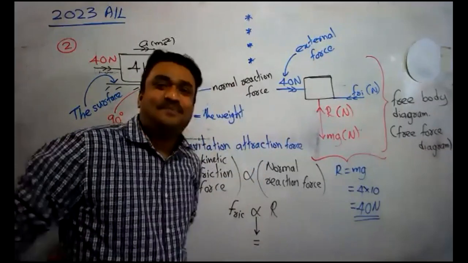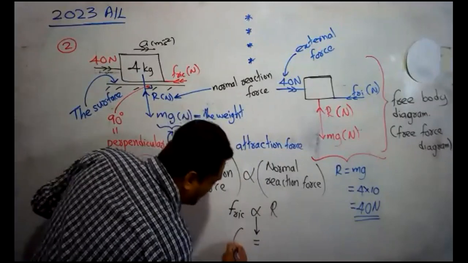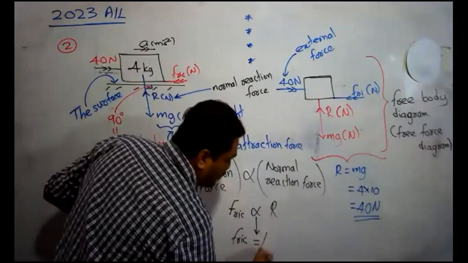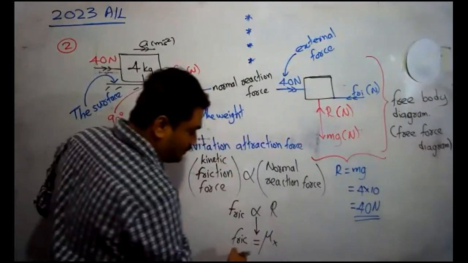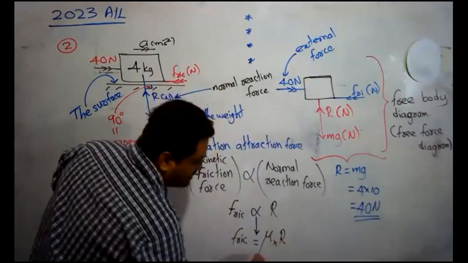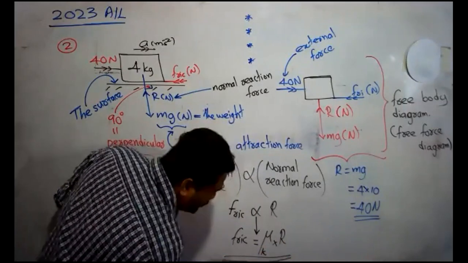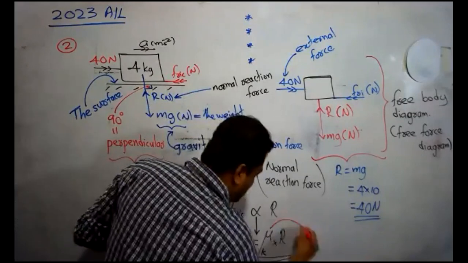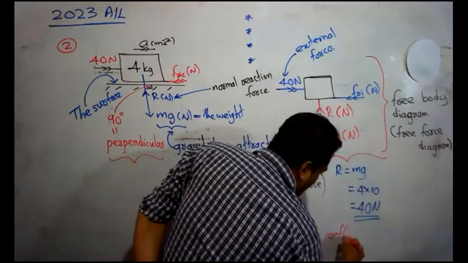A constant, multiplied by a constant. So friction force equals a constant. The constant that we use here is a Greek letter mu. Friction force equals mu times R. Here this is said to be mu K. This constant mu K is said to be the coefficient